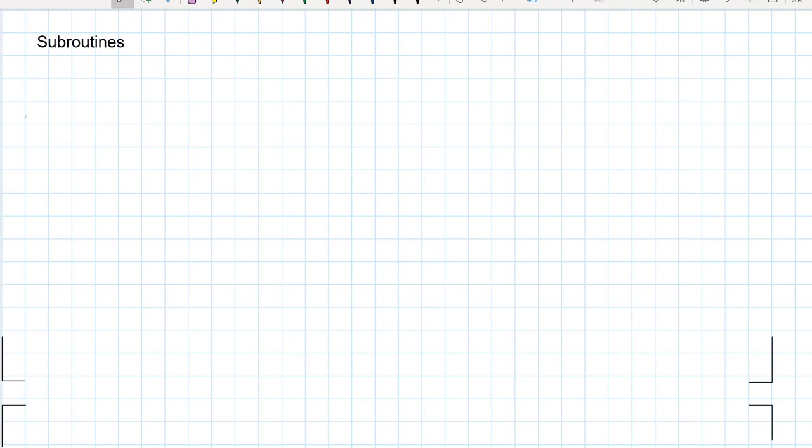In this video we're going to look at subroutines. But before I start on subroutines, I just want to draw your attention to some of the common subroutines that are already inbuilt within the program, which are time delays. Inbuilt for us we have a 1 millisecond, 10 millisecond, 100 millisecond and 1000 millisecond time delay